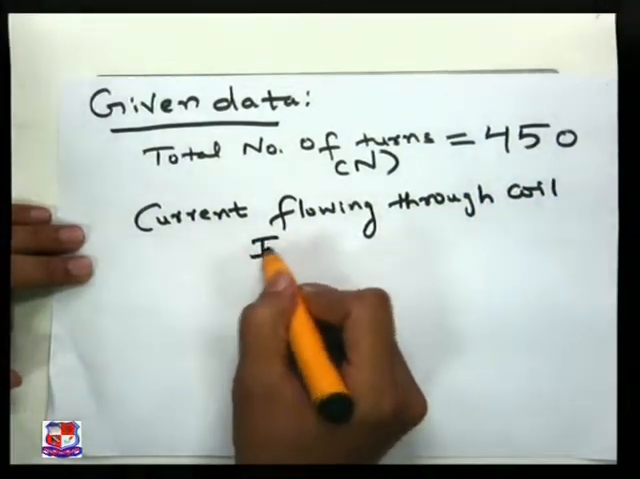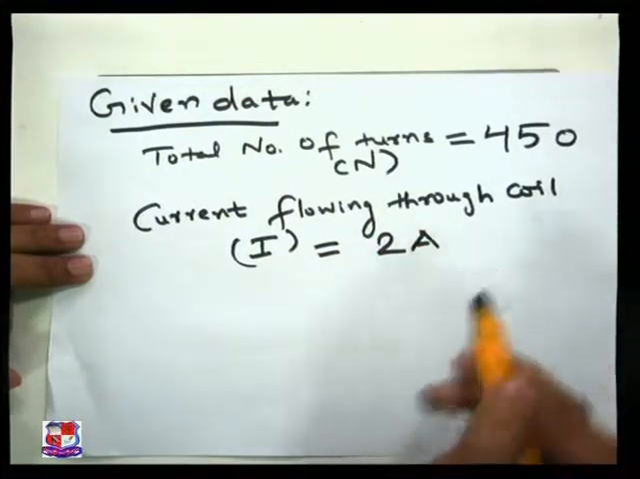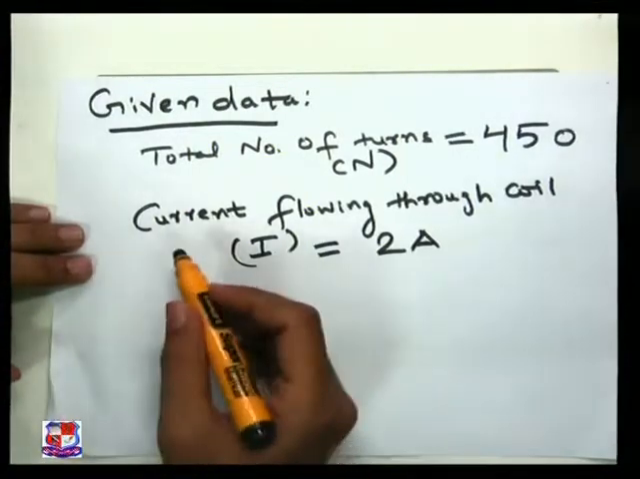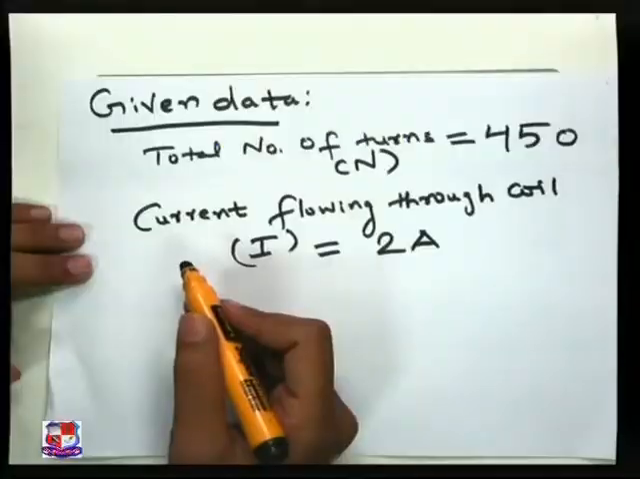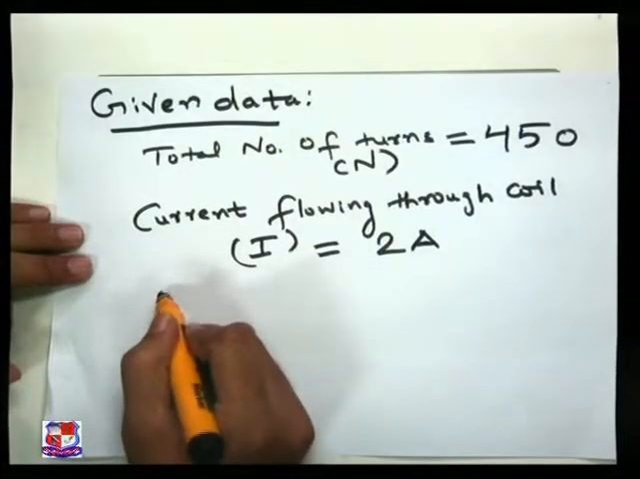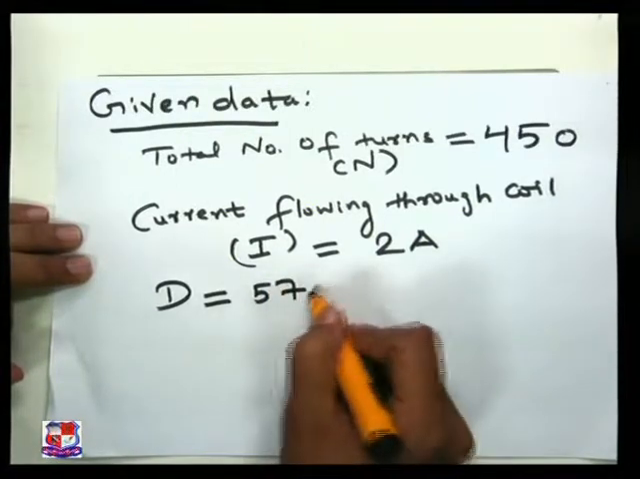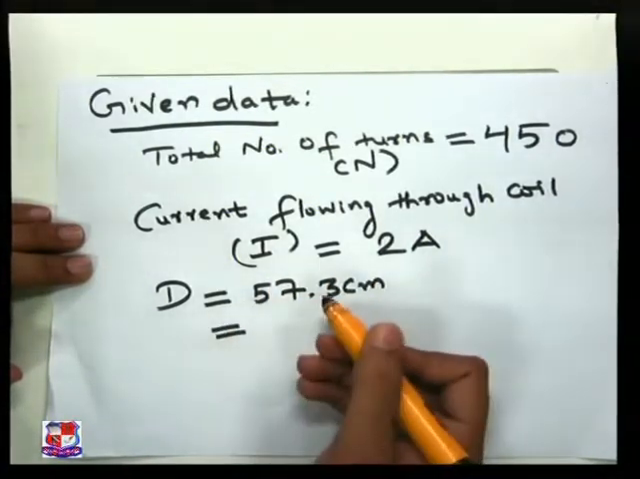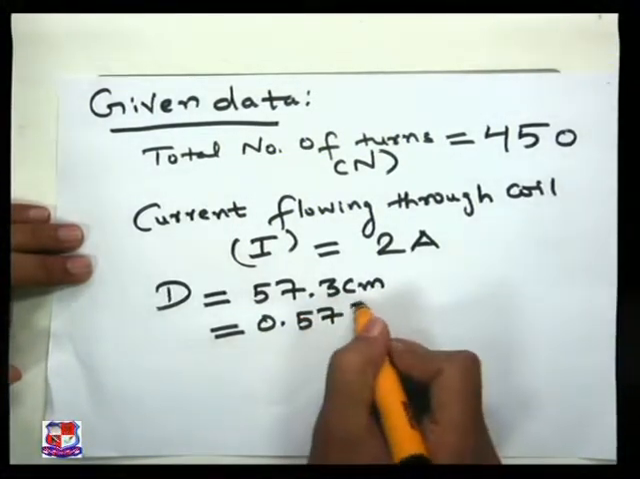It is I, given to us as 2 amperes, right? Okay, then the iron ring has a mean diameter of 57.3 centimeter. So the mean diameter is given to us as 57.3 centimeter, or in meter it will be divided by 100, right? So it will be 0.573 meter,